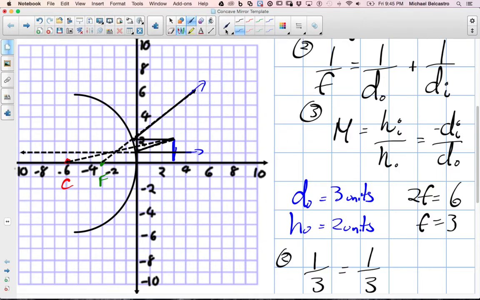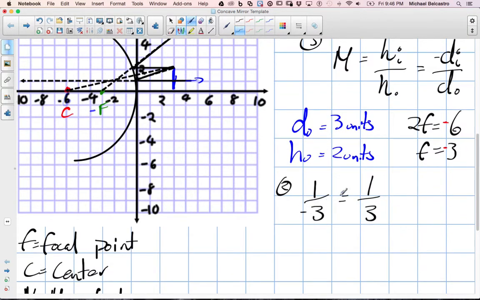Sorry, actually, and we should show, I wrote that wrong. Technically, our center is at -6, which means our focal point's at -3. So I should correct that. It's at -6, which makes this -3. So we have -3. And this here is 1 over 3 plus the 1 over the distance of the image